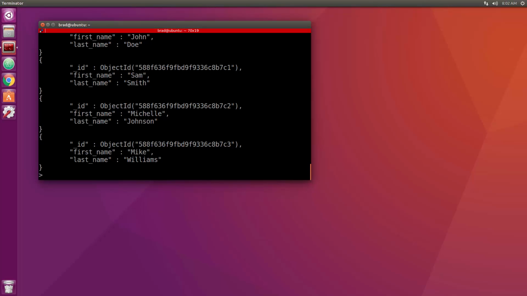Now, all of these customers happen to have the same fields. They have an ID, a first name, and a last name, but that doesn't mean that we're stuck with just those fields as we would with a relational database. So let's go ahead and create another customer. So we'll say db.customers.insert. Okay, and let's say first name